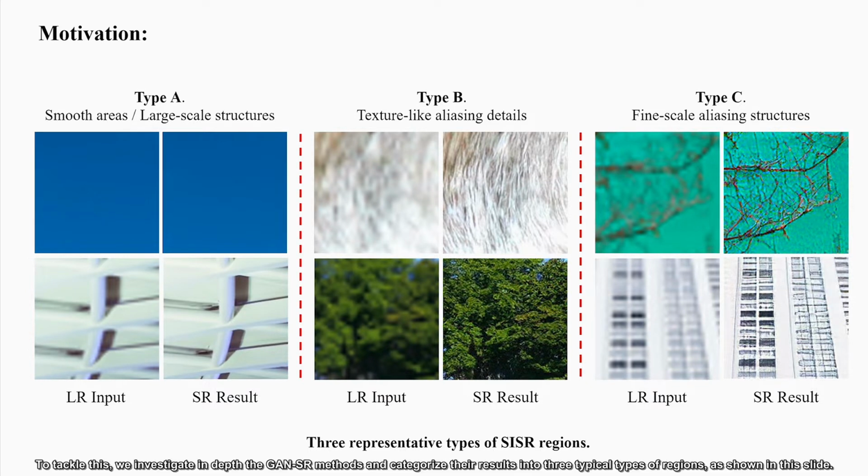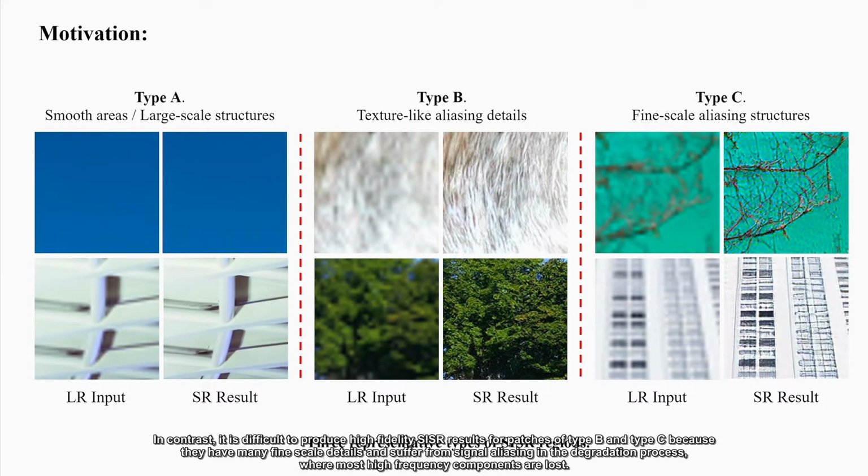To tackle this, we investigate in depth the GAN-SR methods and categorize their results into three typical types of regions, as shown in this slide. Specifically, Type A patches like the flat sky or long edges are easy to reconstruct since they are smooth or contain only large-scale structures. In contrast, it is difficult to produce high-fidelity SISR results for patches of Type B and Type C because they have many fine-scale details and suffer from signal aliasing in the degradation process, where most high-frequency